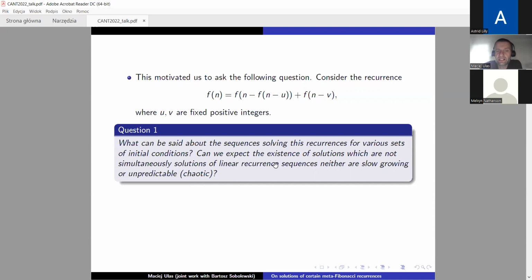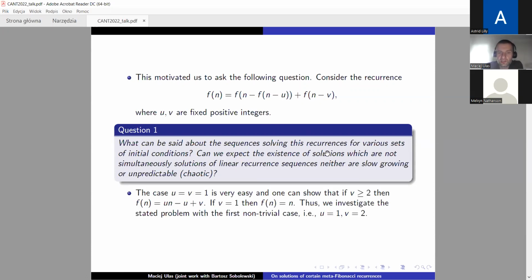and whether we can expect the existence of solutions which are not simultaneous solutions of linear recurrent sequences, neither slow growing nor unpredictable or chaotic like in the Hofstadter sequence. Of course, there is a problem with the definition, because for most choices of the initial conditions, this sequence will die. So to solve these questions,